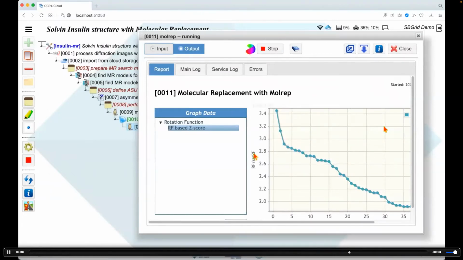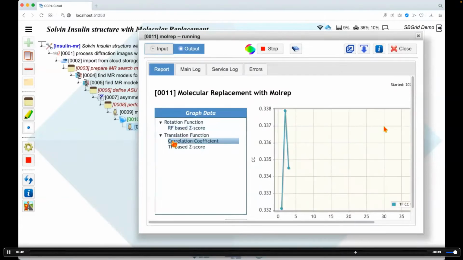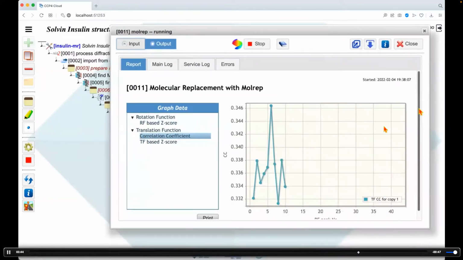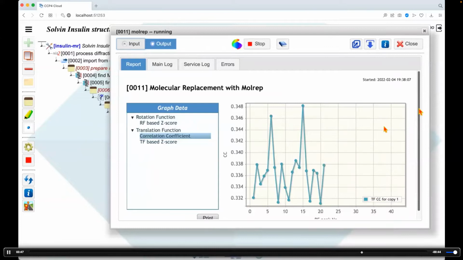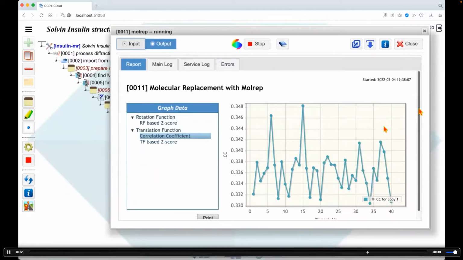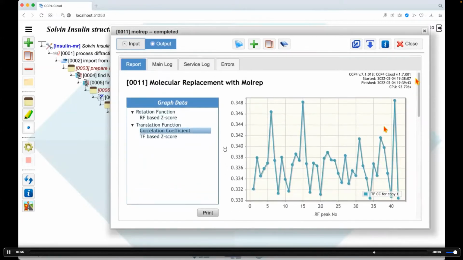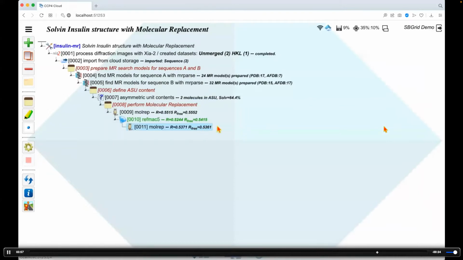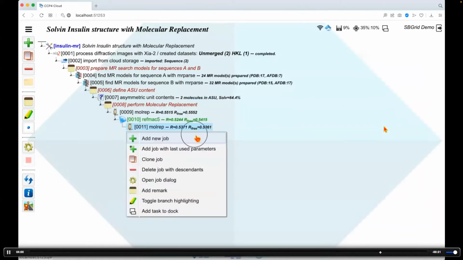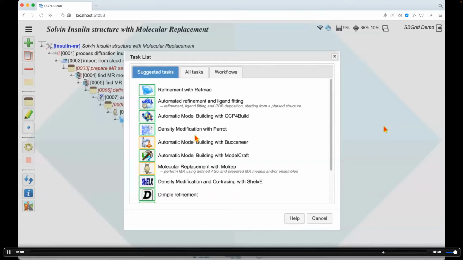Again, slight peak in rotation function. Not too bad, but not too good either. And I'm afraid no luck with the translation function whatsoever. It looks like it has peaks, but the actual variation between 33 and 35 is miserable. Not specific at all. And to finish this branch off, I still give it some refinement just to make sure